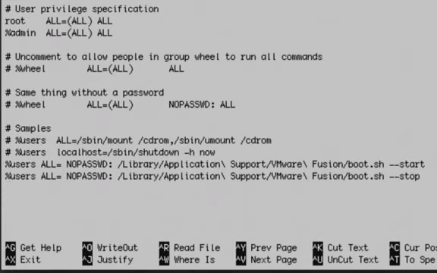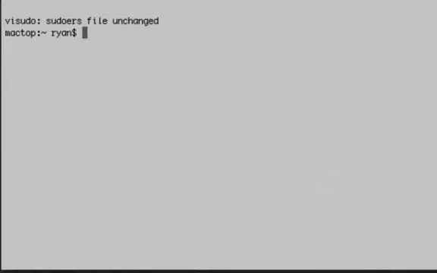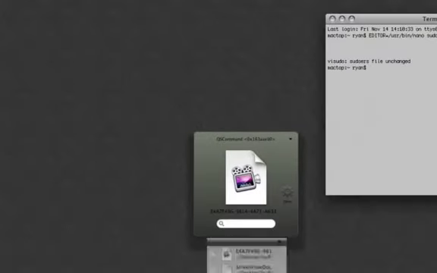This isn't really a security risk, because if somebody has physical access to your machine, they're going to already have access to this. They're not going to see this command and say, oh, let's see if we can modify this script so I can run it and do all sorts of bad things. Control O writes out the file, Control X exits it. So now that you've got that out of the way,